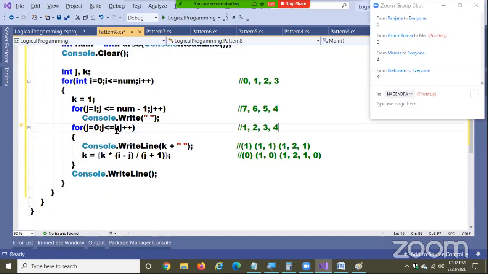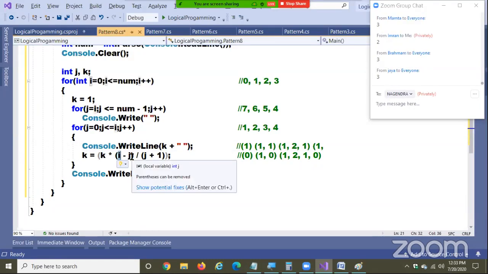Okay? J less than or equal to 3. Condition true. Come. What is K? K is always 1 because when the loop runs, we are resetting the K here to 1 again. What is K? K is 1, comma. Come on, come inside. K is 1. 1 into I value, 3 minus 0 by